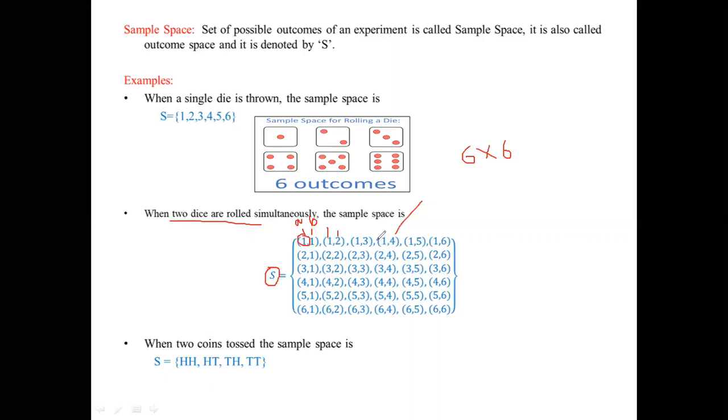So every non-empty subset, for example, if I want to get the sum as 4, the sum of two outcomes, A is the first dice outcome and B is the second dice outcome, and their sum should equal 4. The possible cases to get sum 4 are 1 comma 3, 2 comma 2, and 3 comma 1. So these are the favorable cases. This is a non-empty subset which is favored to get sum as 4. This non-empty set we call an event. So the event is 4. Probability of getting 4 is nothing but 3 by 36.